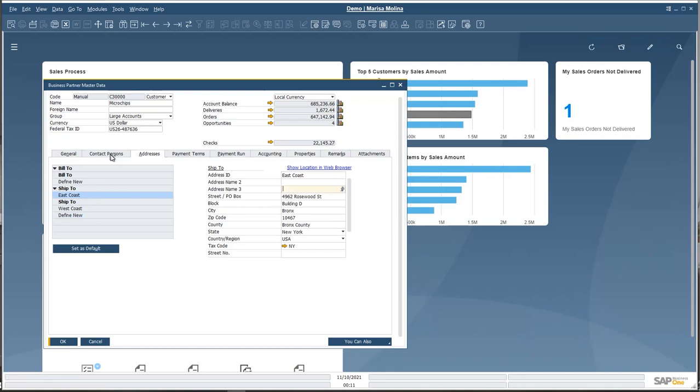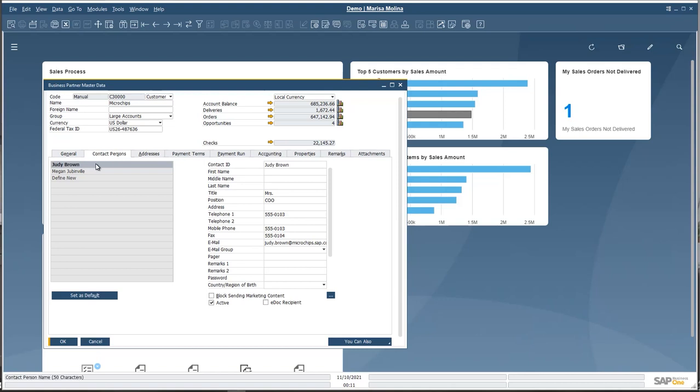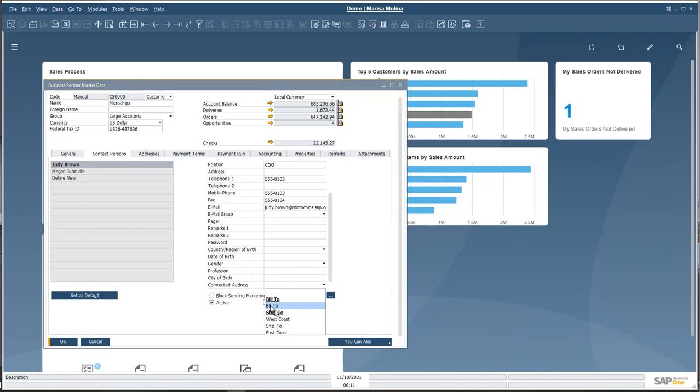So the option that we have now is just to have this contact person linked to a specific address. We have this field here on the bottom, it's connected address. I could say, okay, if that address is going to be the bill to or the ship to West Coast, let's say, and then update. When I do that,